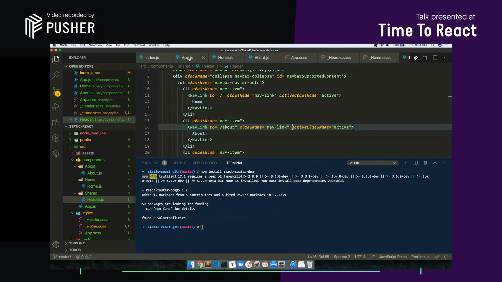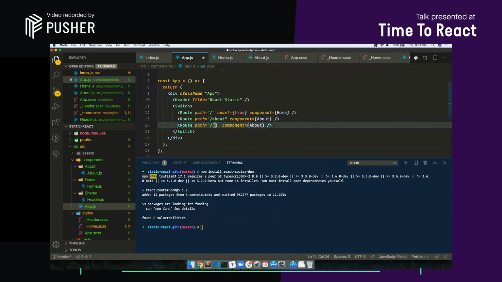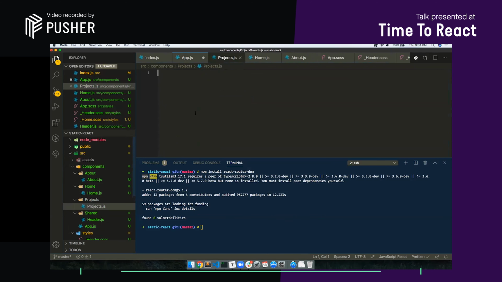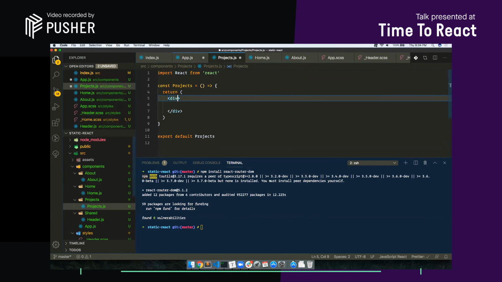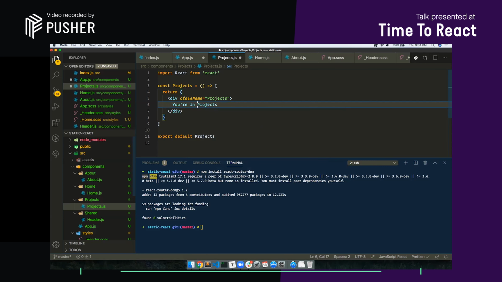So I go back to our app.js, and then I create another thing called projects, and the component is going to be a project component, which I can create from projects slash projects.js. And here, if I do an RAFCE and then give a div class name projects, and write projects inside a paragraph,